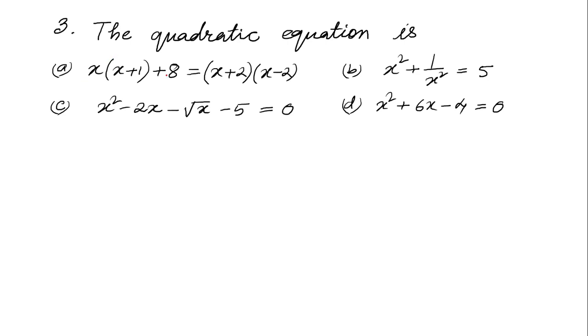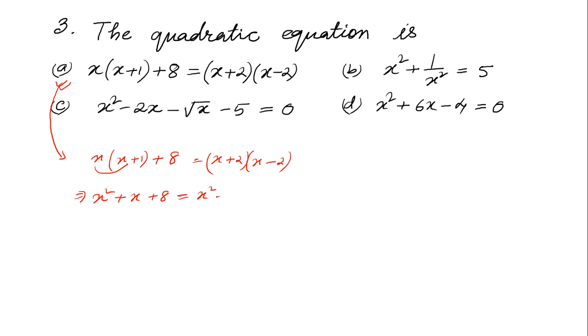Question number 3. Which one is the quadratic equation? We have to check it out, right? So A number I'll write first: x into x plus 1 plus 8 is equal to x plus 2 into x minus 2, right? If we multiply this, what will happen: x square plus x plus 8 is equal to x square minus 2x plus 2x minus 4. Then x square will be cancelled here, so here there is no term of square. So it is not a quadratic equation. Similarly, this B number we will see: